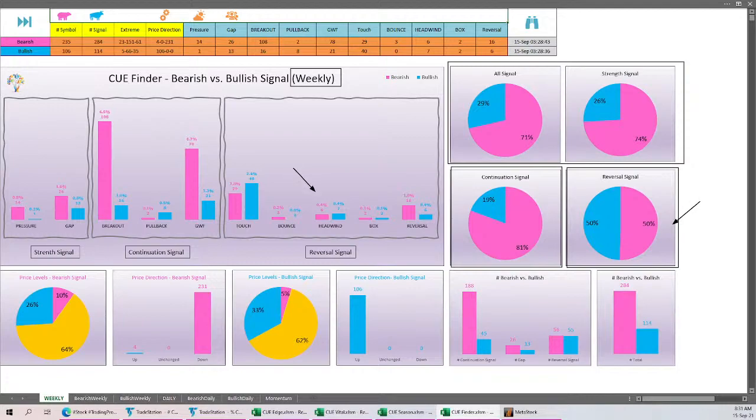Another thing to note is that in the previous webinar, the percentage of stocks displaying bearish headwind was above 3%. That is, percentage of stocks giving bearish headwind in the weekly interval was above 3%. That was an alert level. Now it is only 0.4%. So the stocks already came down. That's normal to happen, that percentage of bearish headwinds will come down, and it is not at an alert level